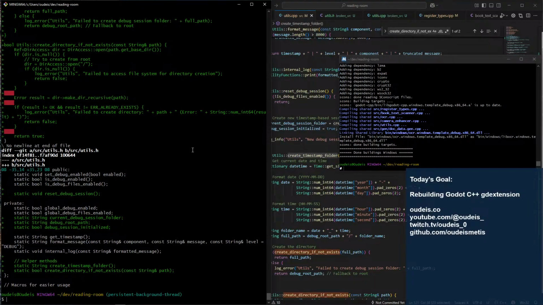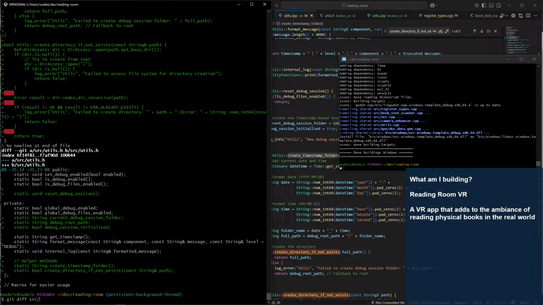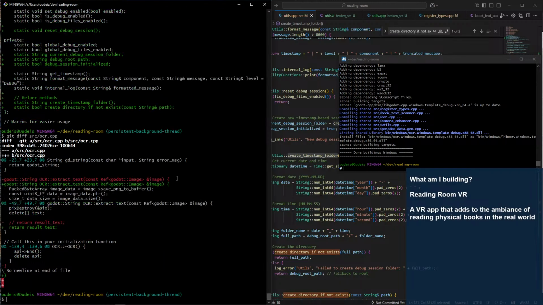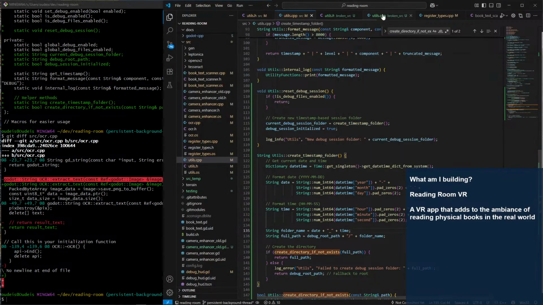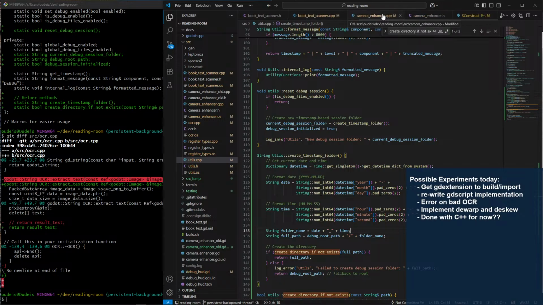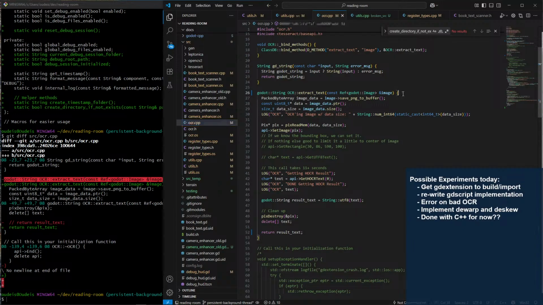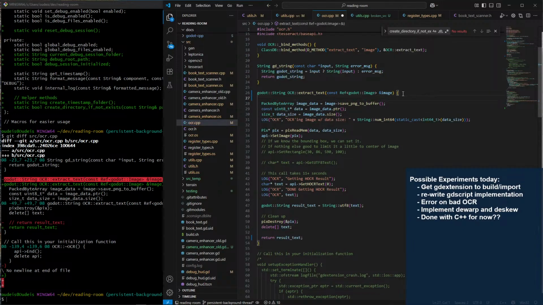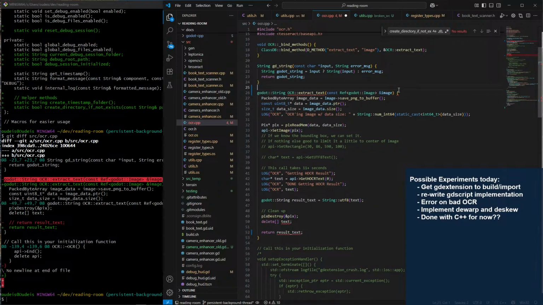So git diff source OCR.cpp. Let's do that. This version worked. I'm going to be livid if this is what the problem was. The issue can't be with OCR because we know everything there is working, right?